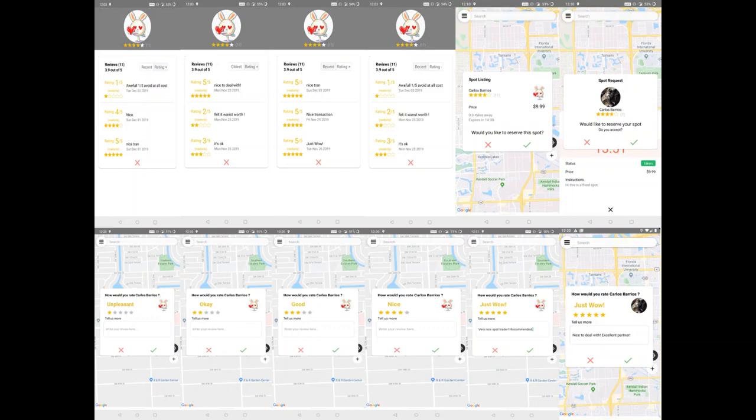At the top, you can see the 5 reviews, 1 reviews, and so on. Every time you want to reserve a spot, you first see the provider rating as well as some minor information. On the other hand, if you're a provider and somebody wants to take your spot, then you also see their profile information and rating, and then you accept it or not, for both parts. Finally, you also have the rating at the end where you can put some more information about why you gave that rating.